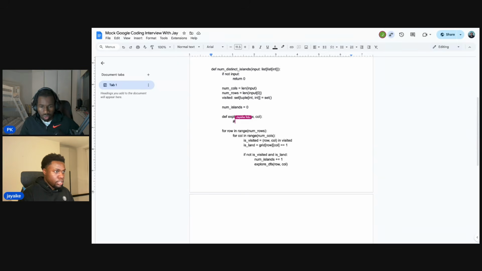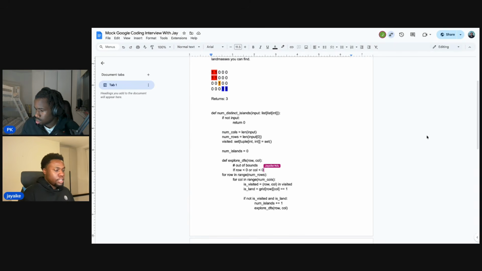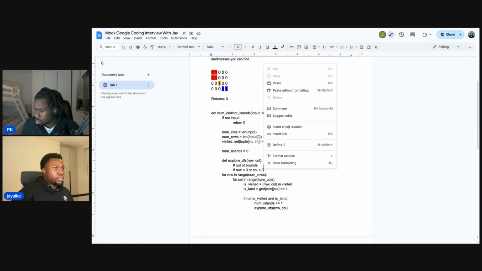If row is less than 0 or col is less than 0, that would basically define, okay, if we're over here or over here, that's like -1. So the next thing is if we're out on the right side,